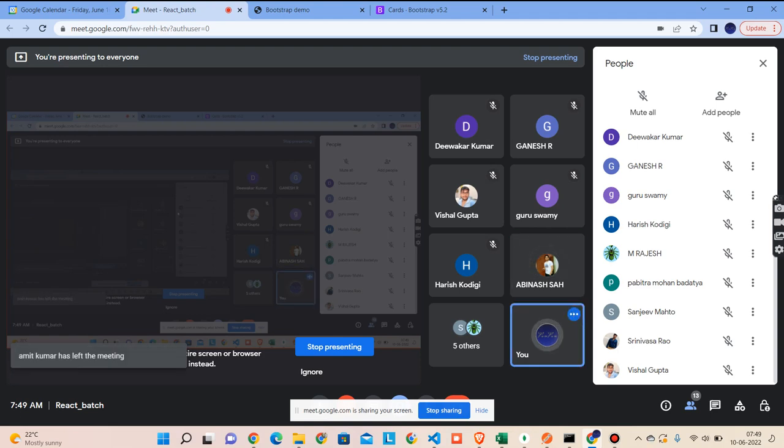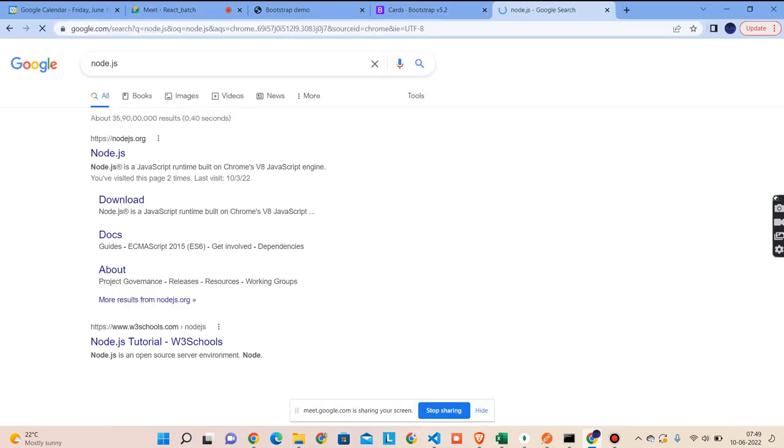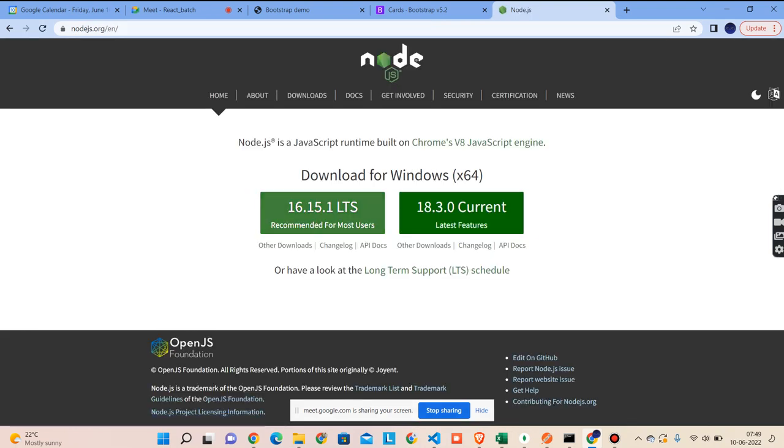And everyone please install Node.js in your system. This is Node.js. If you click over here, you can either use 16 or this one, the latest feature. This is the support version or this is the latest one. So you can choose any of these, 16 also. You can download for your Windows. Just download it and in terminal